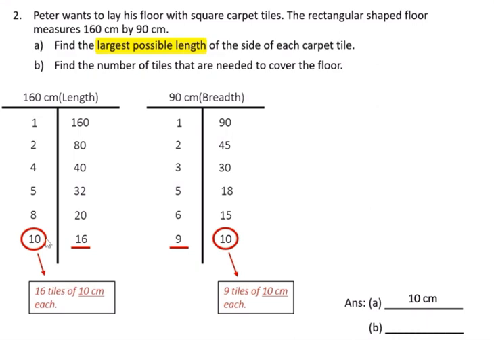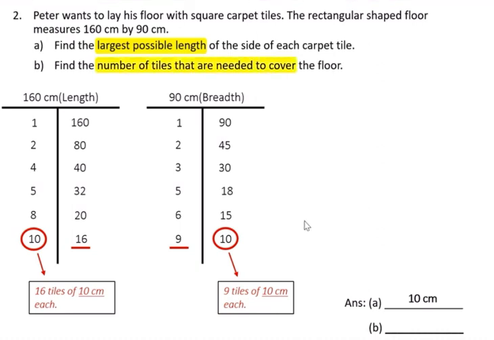So this one, you know that the 10 must be the side of the square tiles, because the measurement must be equal for both the length and the breadth. You know that the floor is a rectangular shaped floor, so you want to find the largest possible length. That means the length of the square tiles must be 10 cm. So your answer for A is 10 cm. But if we were to do B,